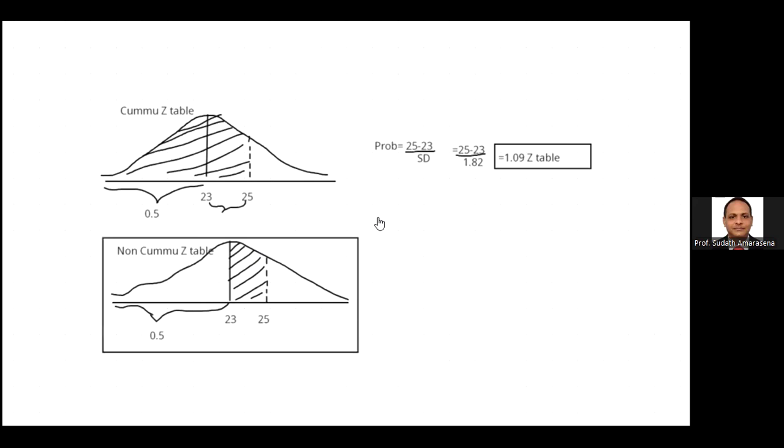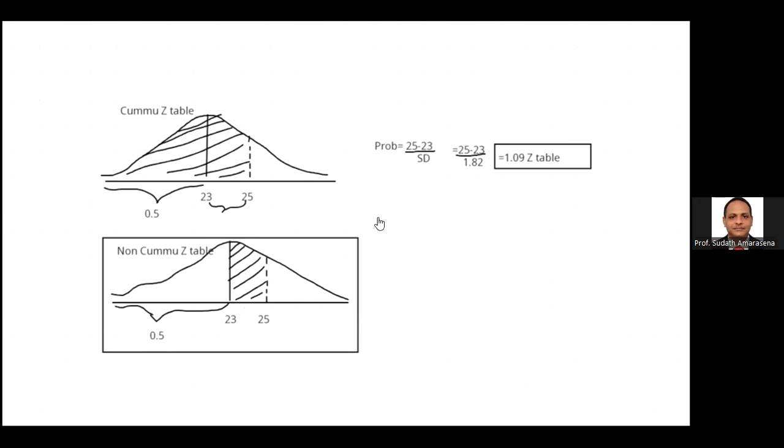You can see the top of the normal distribution curve, we color that whole area, including 0.5 plus within between the 23 and 25. But the non-cumulative table shades only within 23 and 25. This means 0.5 is not included. The table also gives the same figure,